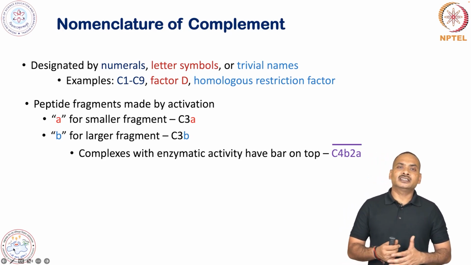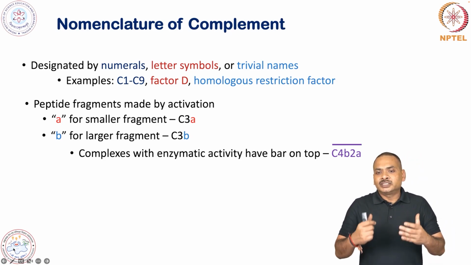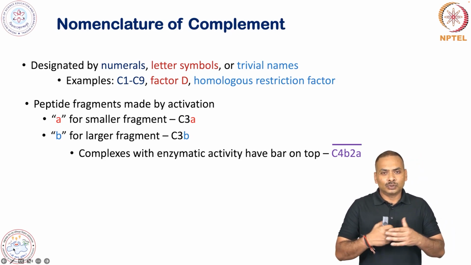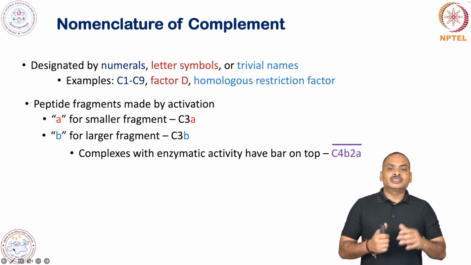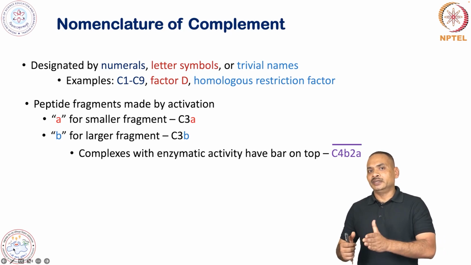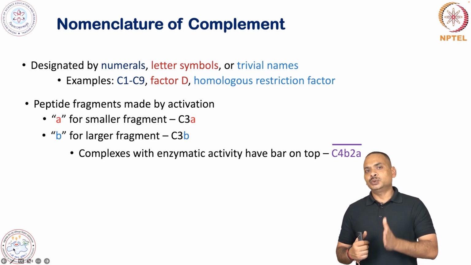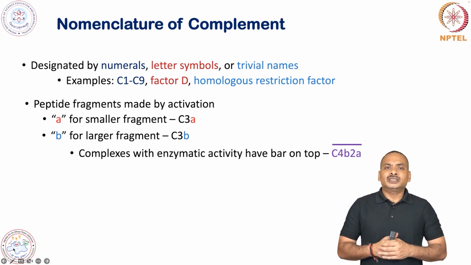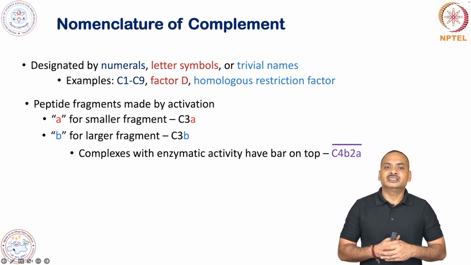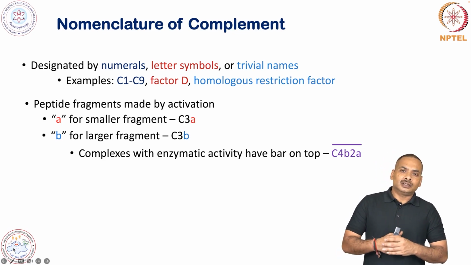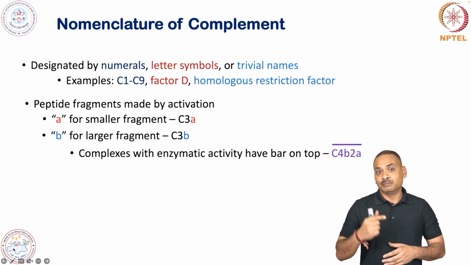As you can see, here there is C4b2a. So this C4b2a protein complex is formed by the interaction of complement C4b and complement C2a. This makes a complex, and when this complex is formed, it gains enzymatic activity. And when the complex gains the enzymatic activity, this is denoted by a bar. Okay,